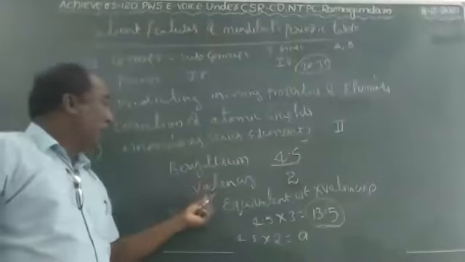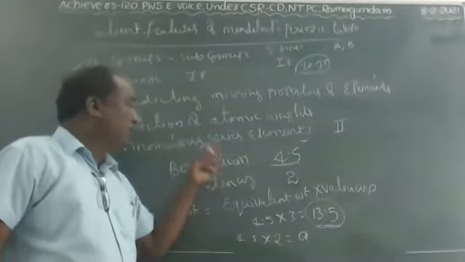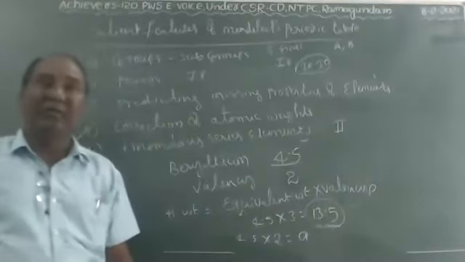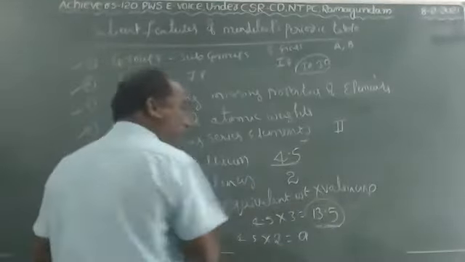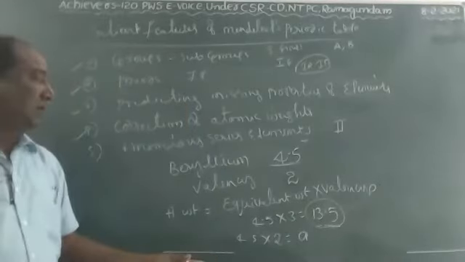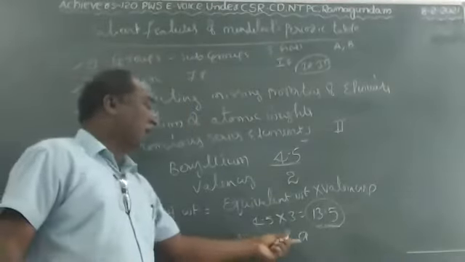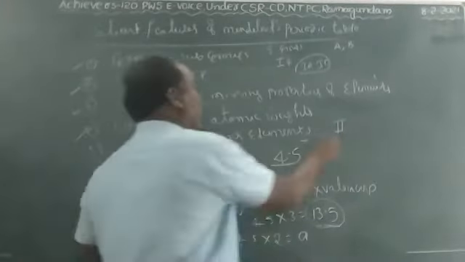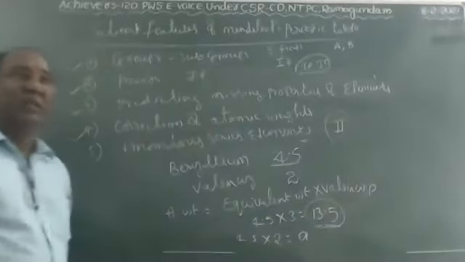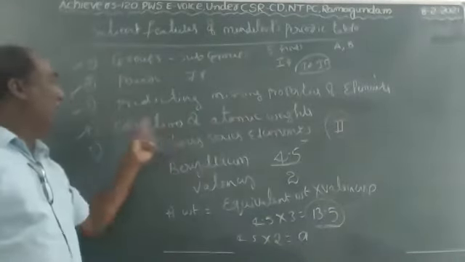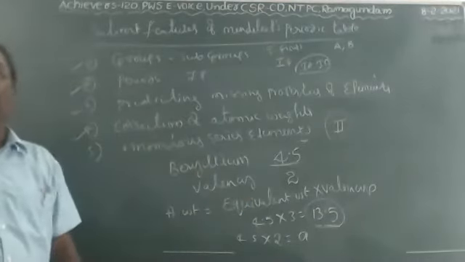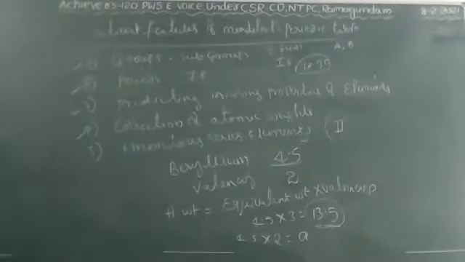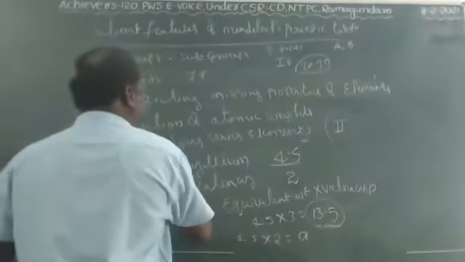Previously, when the beryllium valency was imagined as 3, this atomic weight was not suitable in the second group. That's why Mendeleev changed the valency of beryllium to 2. Now 4.5 into 2 is 9. According to this atomic weight, it is very suitable in the second group. So like this, Mendeleev's periodic table helps us correct atomic weights. This is the correction of atomic weight. And the next one, very important, is the anomalous series.